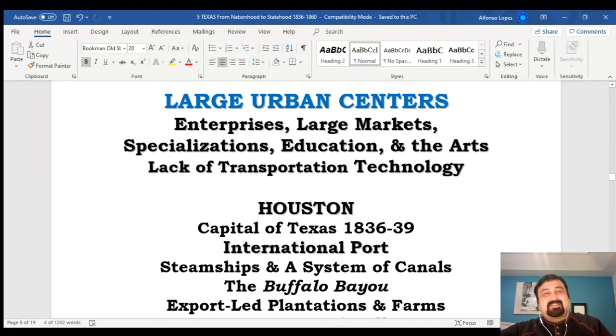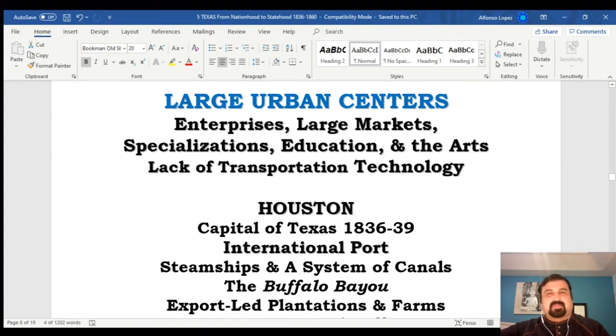However, what is lacking at this time in the Texas Republic is transportation systems. We're going to see those large urban centers, it's true, but they're not going to be connected with a very well developed system of transportation. There's still dirt roads that people must travel and use. Sometimes they got muddy during rainy seasons, and people got stuck for days there in the mud. So we're not going to see transportation technology during this time,